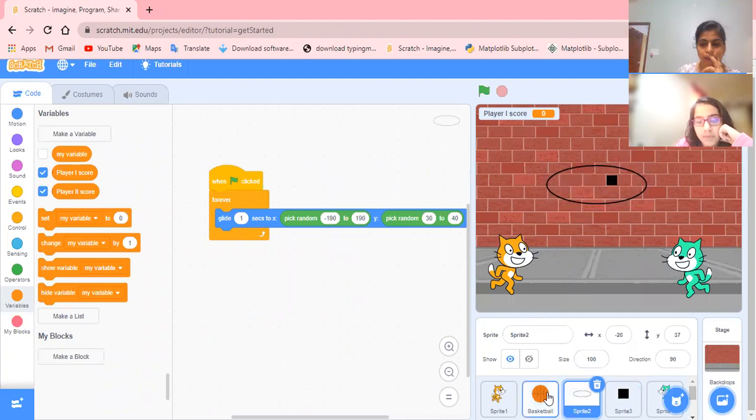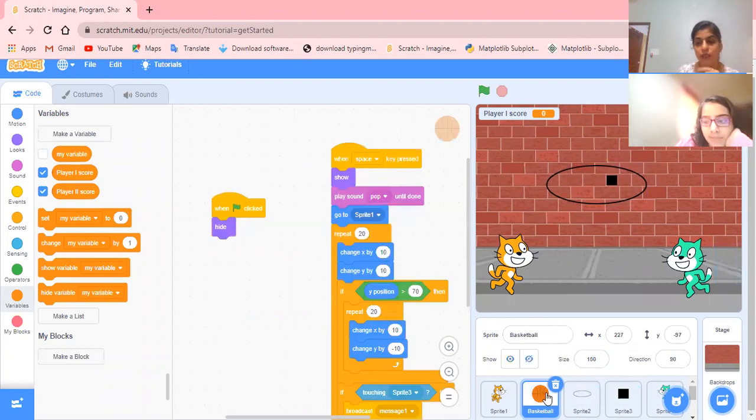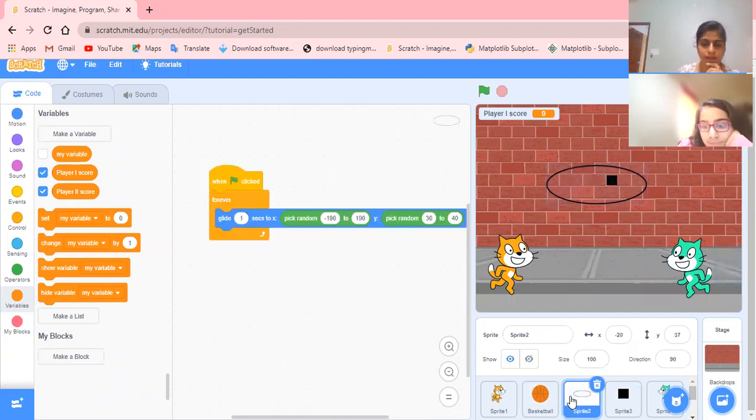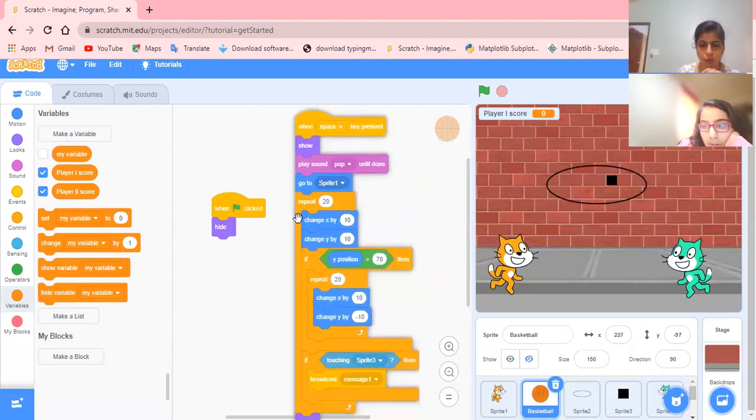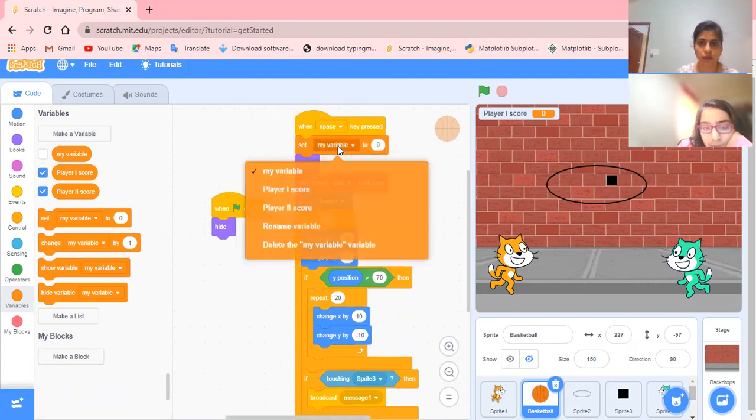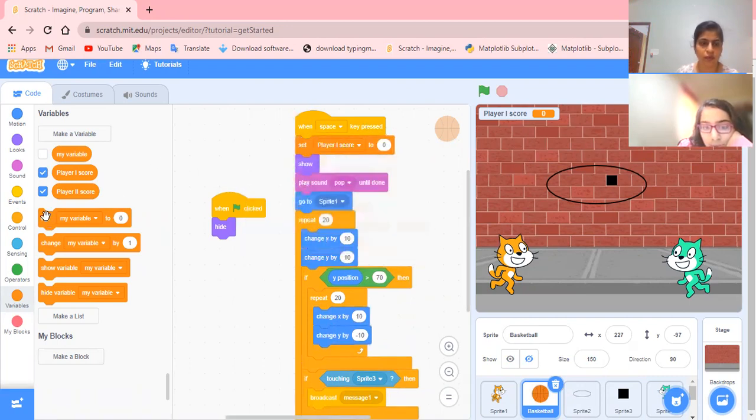And so the question is, do you want it here in the ball or in the ring? In the ball. Okay. Now the coding will be like: if the ball is touching the sprite 2, then increase score by 1. And set score 1 to 0 for this basketball 1. Okay. Firstly, we are doing it for the score 1.